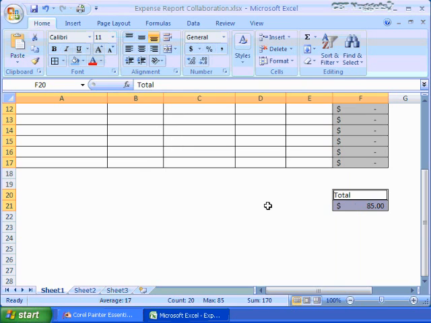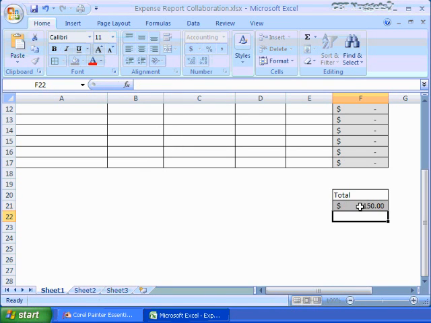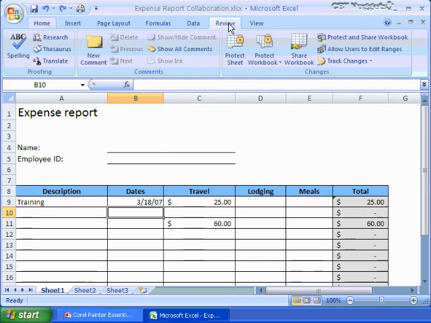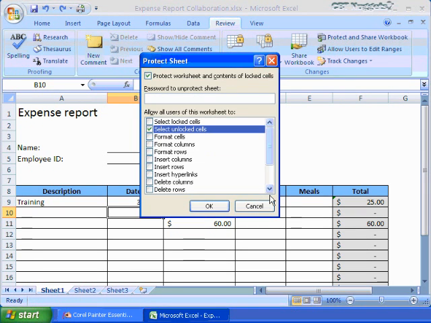I'll choose OK. Let's test it out. 150. Whoops, yep, I can make that change. Control Z on my keyboard to undo it. Now let's go ahead and protect this sheet. Review tab, Protect Sheet. I'm going to skip the password since we understand that already, and it just will